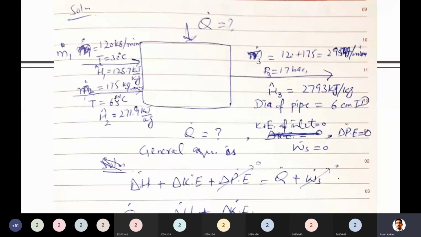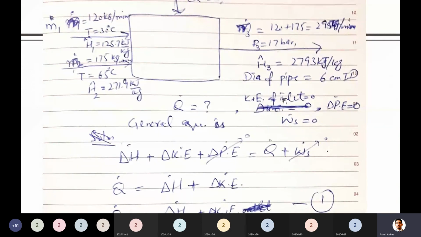Because water is entering in the form of liquid. You have to evaporate it. You have to convert it to the steam. So you have to provide that heat. Okay, then here, as he said, kinetic energy of inlet stream. So I said kinetic energy of inlet stream is 0. And I wrote here, by the way, before I started solving this problem, change in potential energy. Did he talk about anything, change in height, like that?